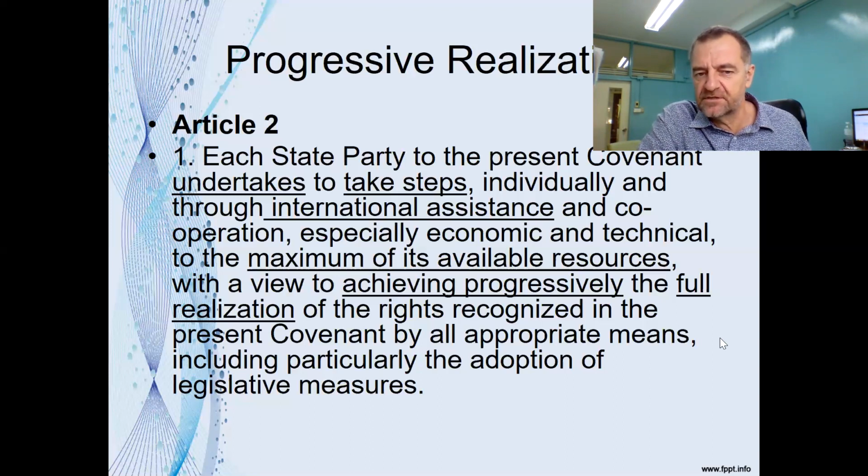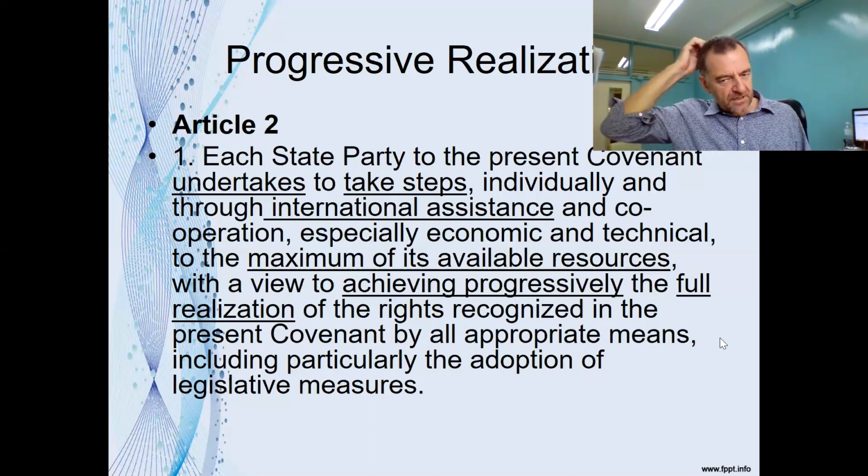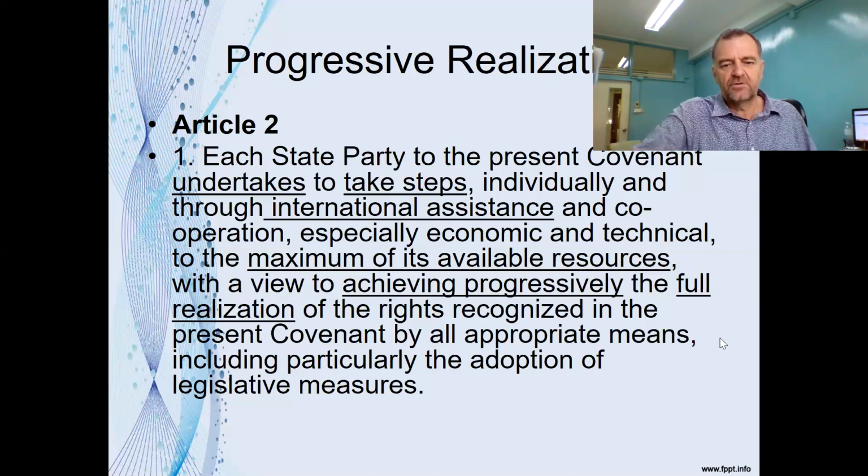And this, for some countries, can be sensitive. We know North Korea is very sensitive about international assistance. In some areas around health or reproductive health, some countries may not agree to the standards of international reproductive health or the access to, say, family planning. So there are some areas where it can be sensitive. And that cooperation can be economic and technical. Economic, of course, meaning primarily money, and technical meaning advice and technology and so on.